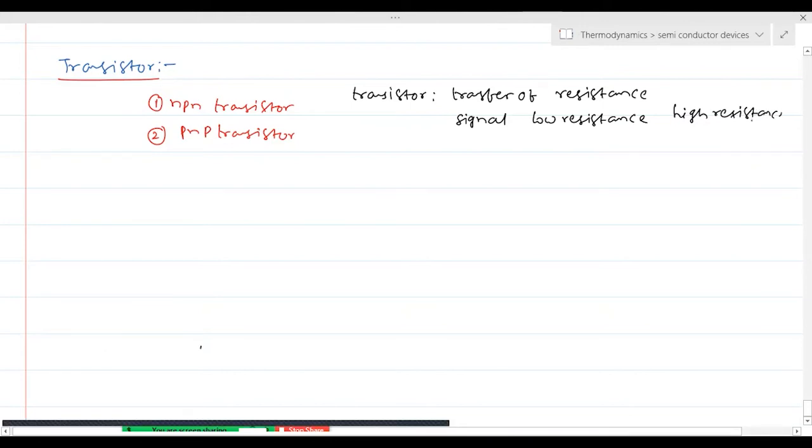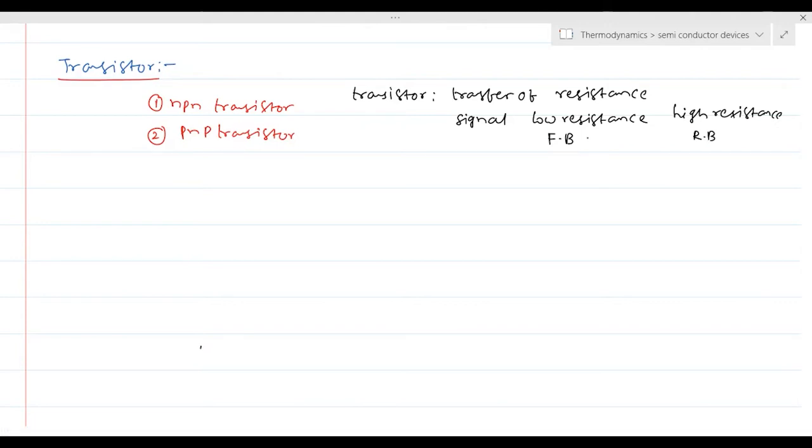So we know this very well. Low resistance region means the PN junction diode is in forward bias, and high resistance means the PN junction diode is in reverse bias. In the transistor we have a kind of PN junction like structure, where we will send a signal from low resistance to high resistance. First we will understand the geometry and construction of the transistor.